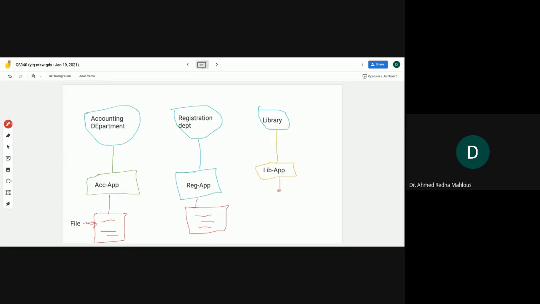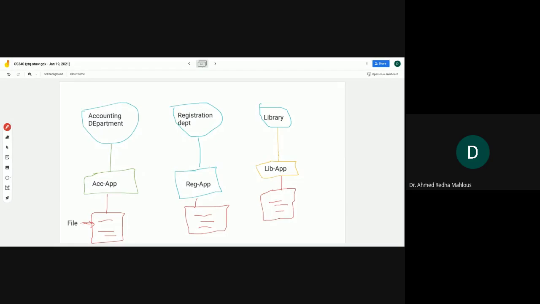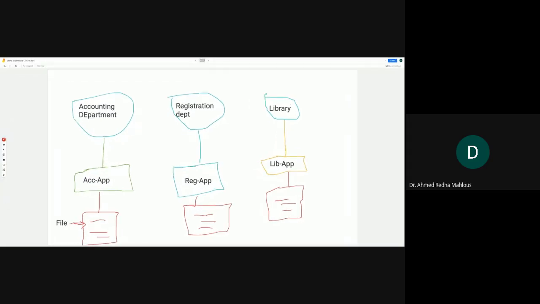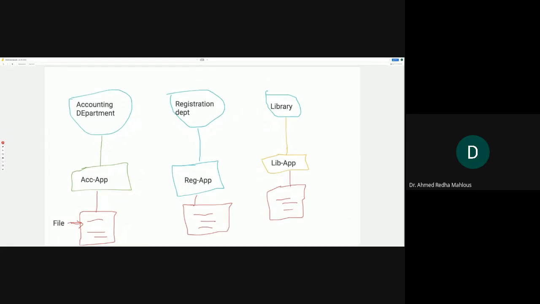The library application also needs to access some type of file. And it might happen that all those applications might use the same data, because this is a university. If I am talking about, for instance,